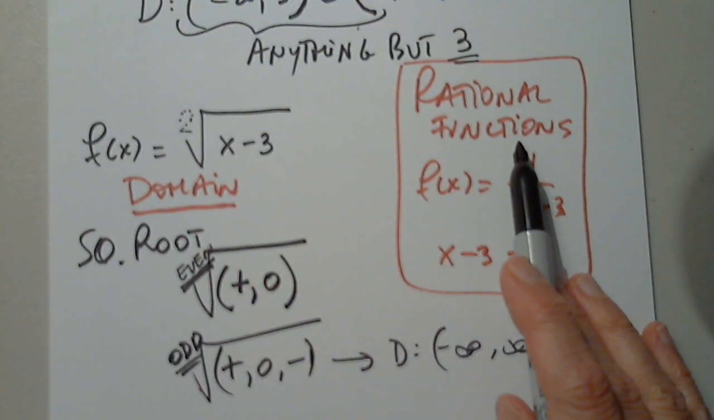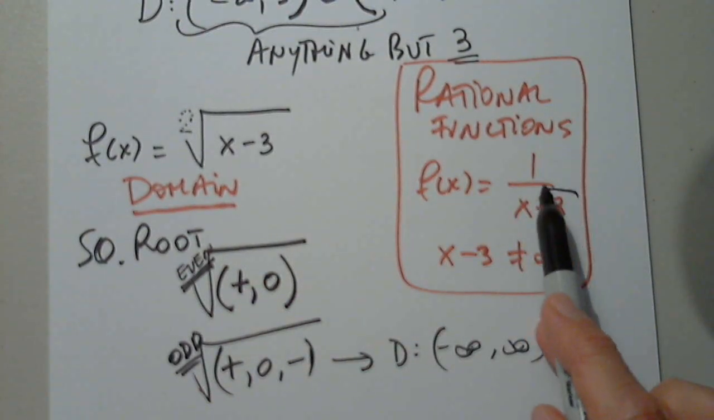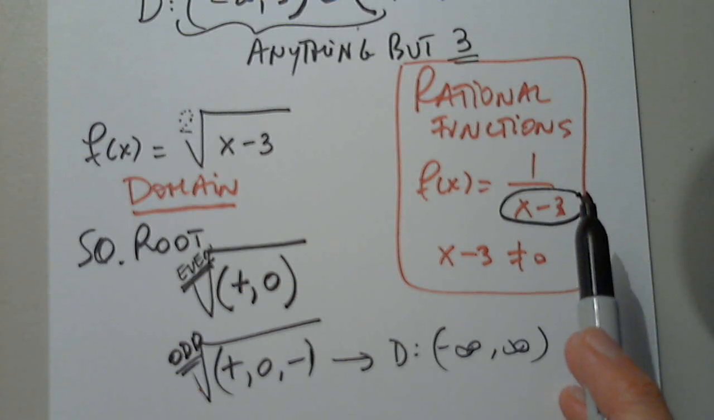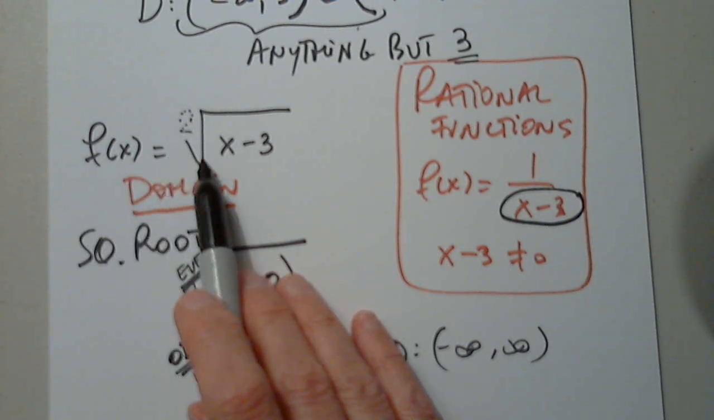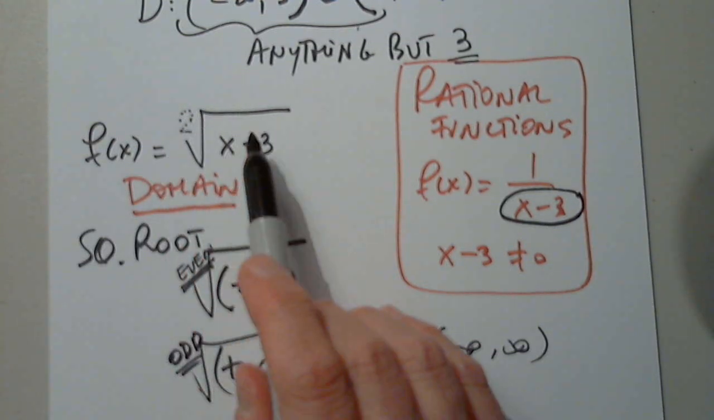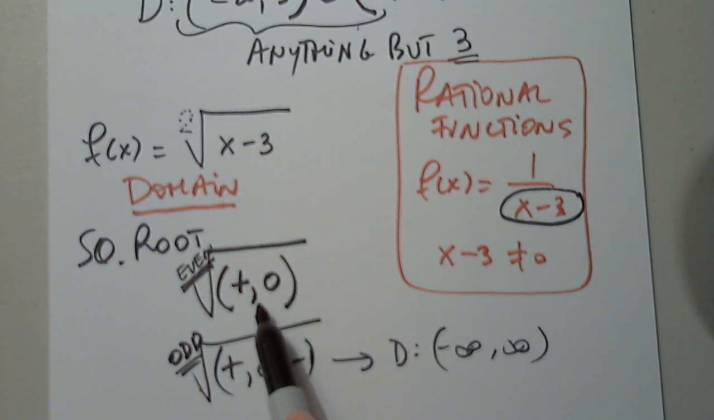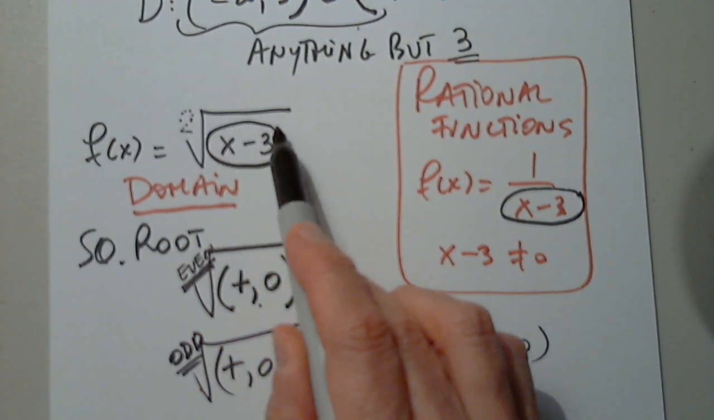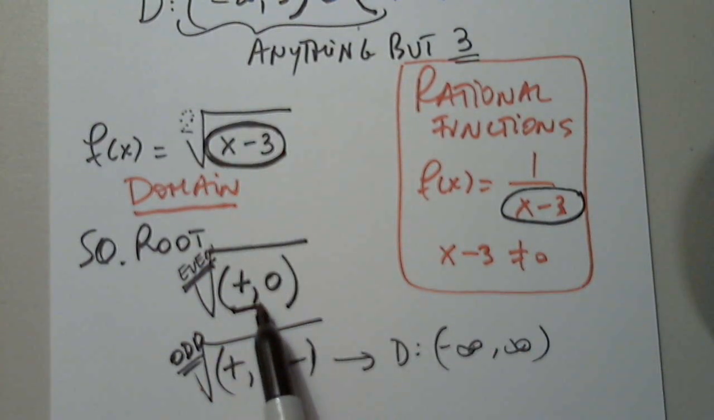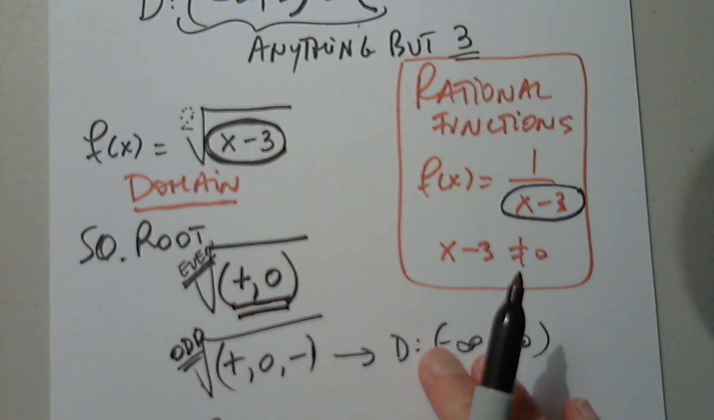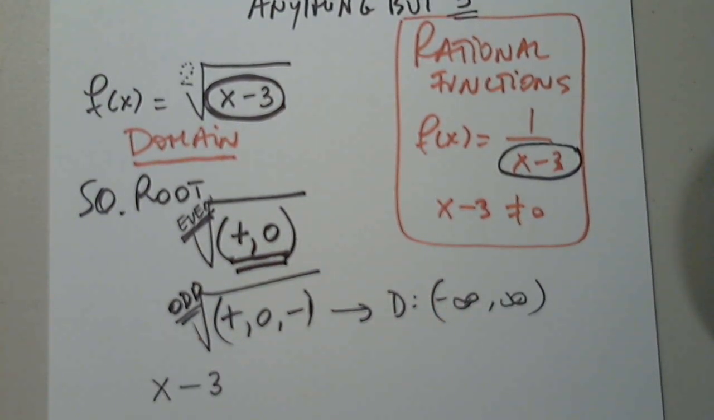When we find the domain for rational functions, we know the denominator cannot be 0. When we find the domain for a square root function, we know that the quantity under the square root, this quantity, has to fulfill these conditions. How do I write that? X minus 3 must be